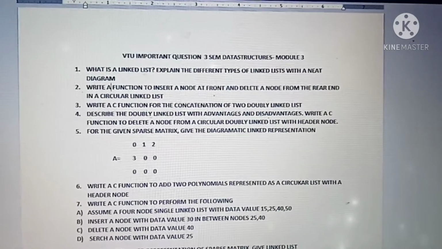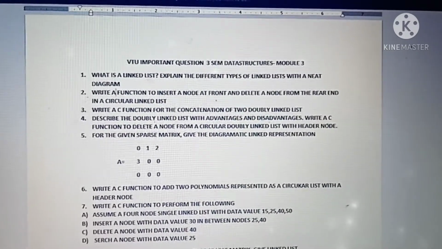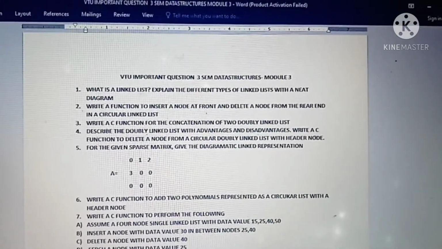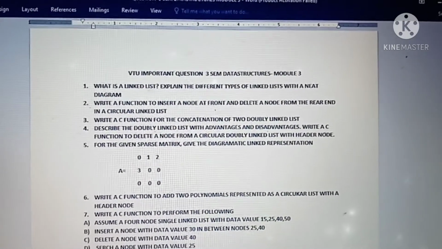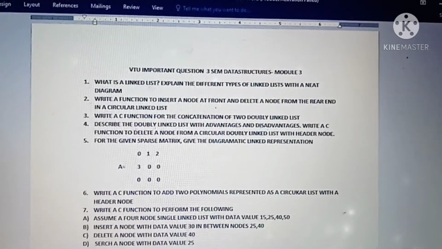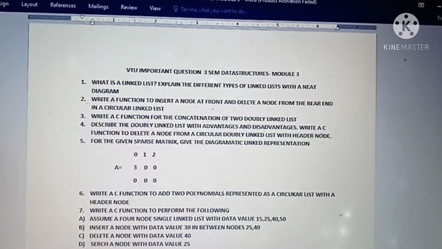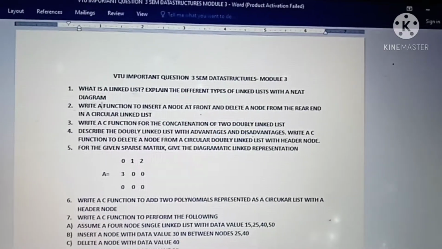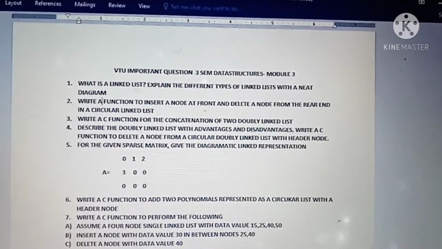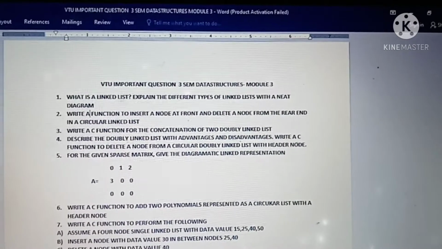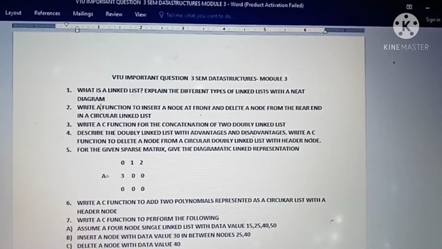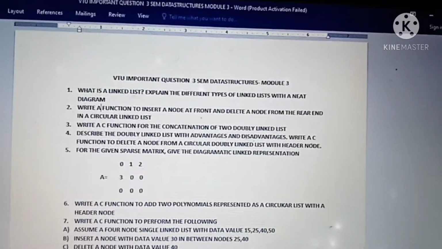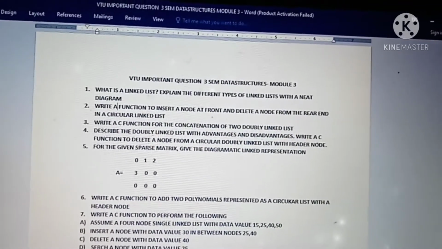Some of the students will find this linked list module very difficult. But don't worry, this is a very easy module. I can help you out. But first let me finish off these questions. I don't think that each and every one wants the answers, but if some students want the answers, they can definitely approach me. And if they need, they can comment in the comment box and ask me to take the classes in which they are having difficulty.